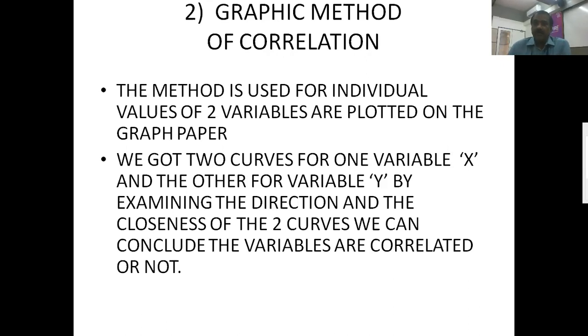A non-medical example, as I already explained: if the demand is going to increase, the supply is going to increase. Once the supply increases, the production must increase, because the availability of the product is the most important thing. Whether the product is available in the market or not is also going to play an important role. Understood? These are only two variables: demand and supply, demand and production, and supply and production.